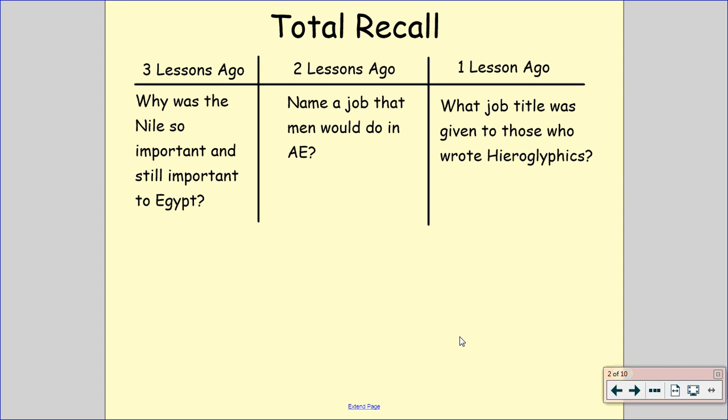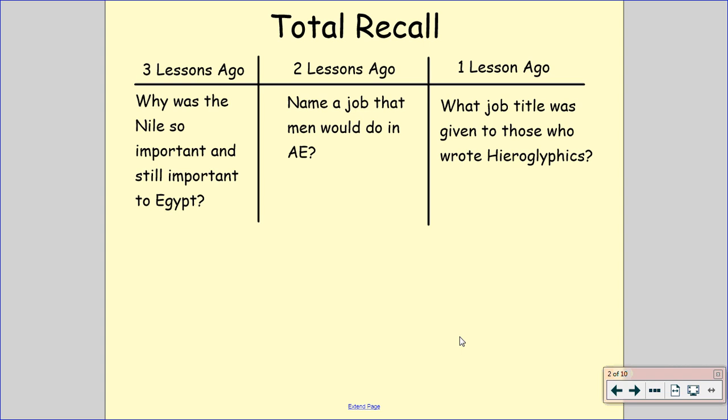Okay, so 3 lessons ago, importance of the Nile. Well, main reason probably growing those crops, using the water from the Nile to grow the crops. Transport through Egypt, connecting all those cities and villages together, barrier for invasion, using water for cooking and washing, the fish that would have been in the rivers for eating, all those kinds of things. And I suppose, why is it still important in Egypt today? Well, a lot of those reasons are still relevant, aren't they? Maybe not so much the barrier for invasion, but some of them are still really vital.